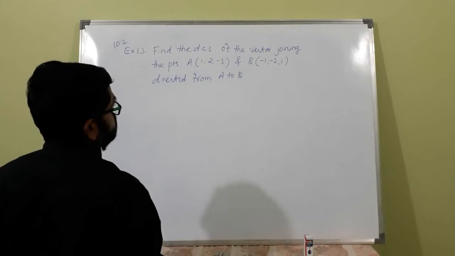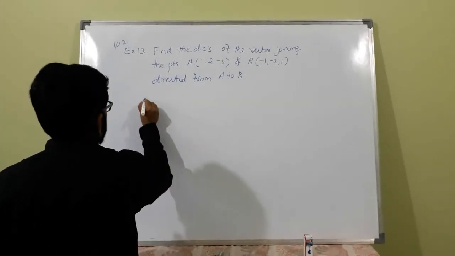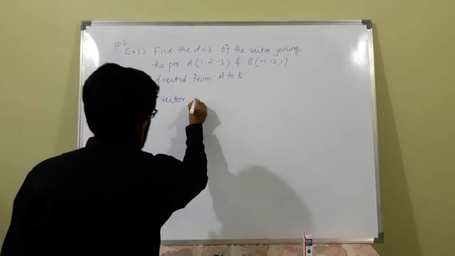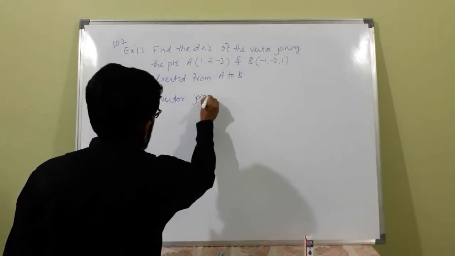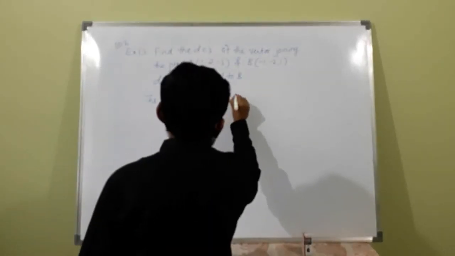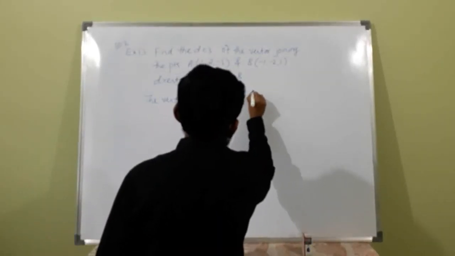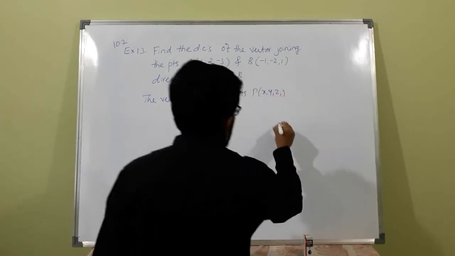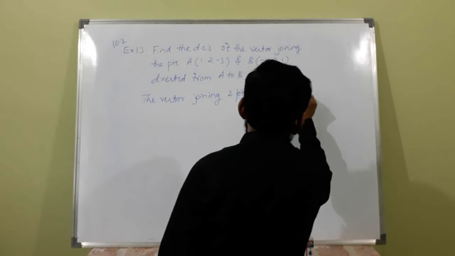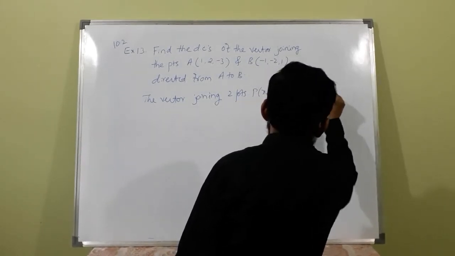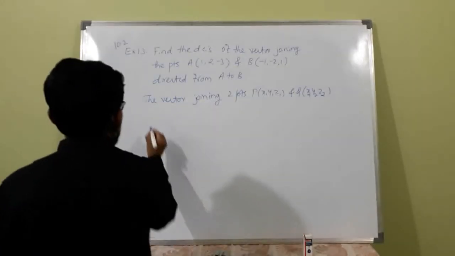The vector joining 2 points P (x1, y1, z1) and Q (x2, y2, z2) is